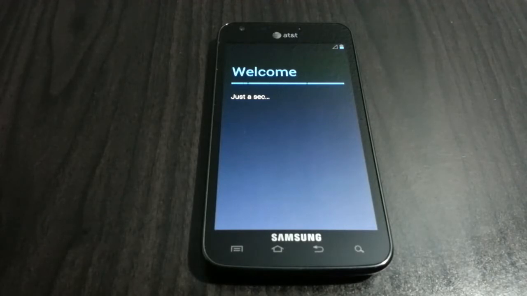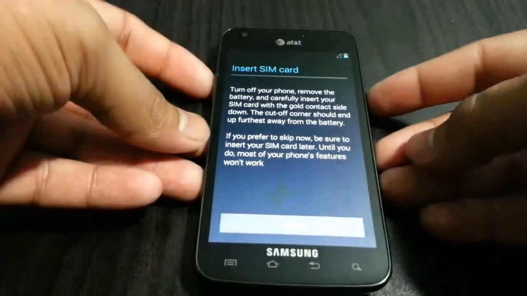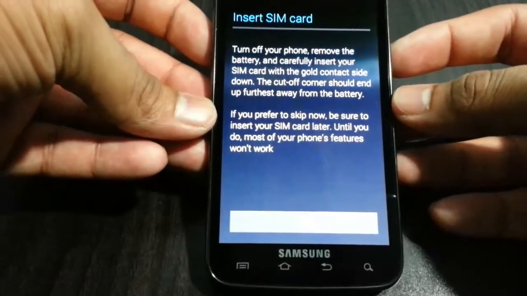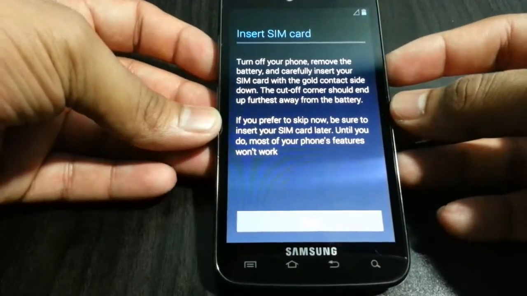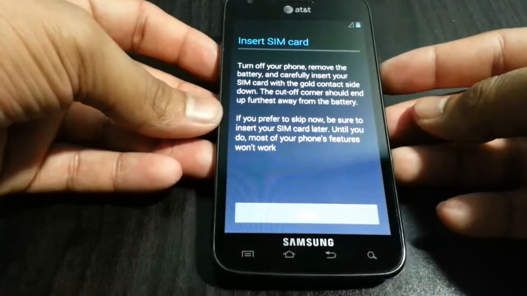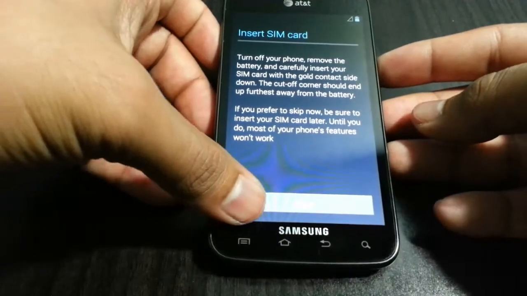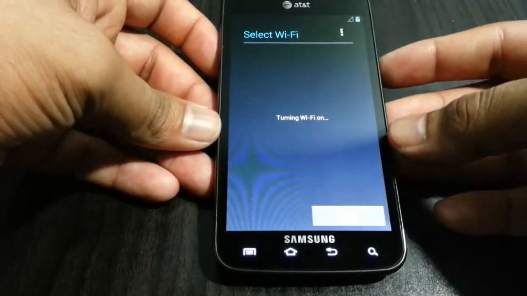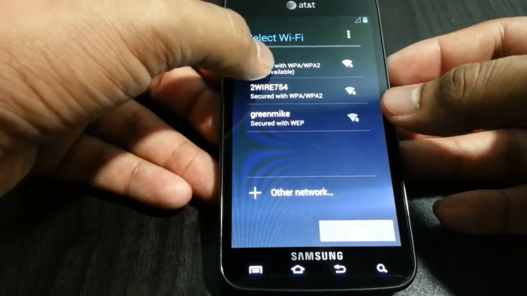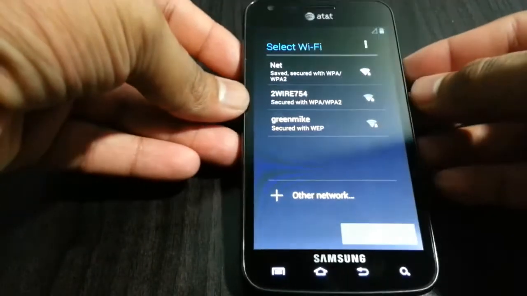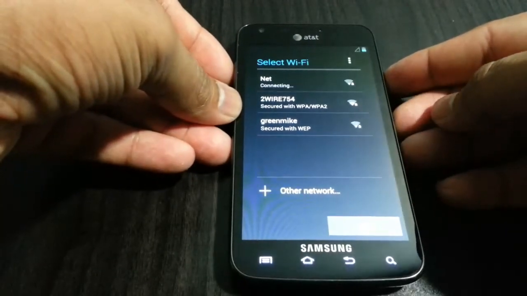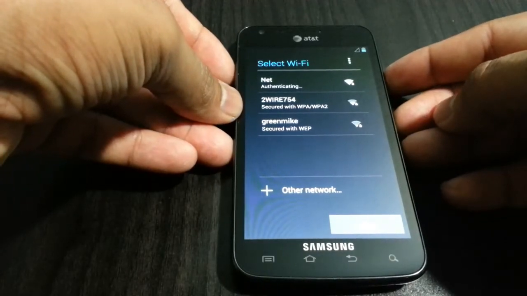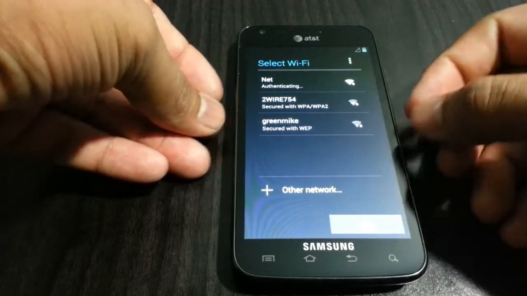I'm gonna come back when it's done doing this. I didn't do anything. After I stopped videoing, it just gave me the steps, so I'm gonna hit skip. I'm gonna select my Wi-Fi, put in the password, connect. Yep, my Wi-Fi is working.